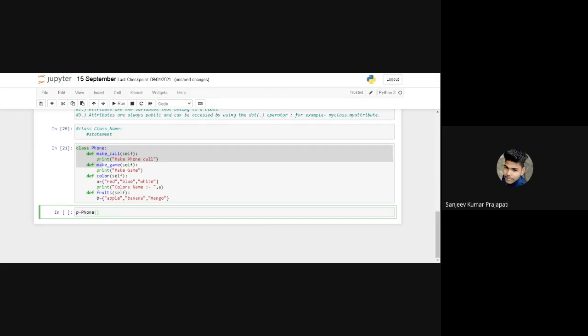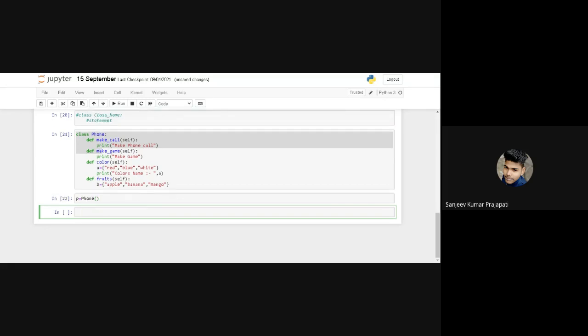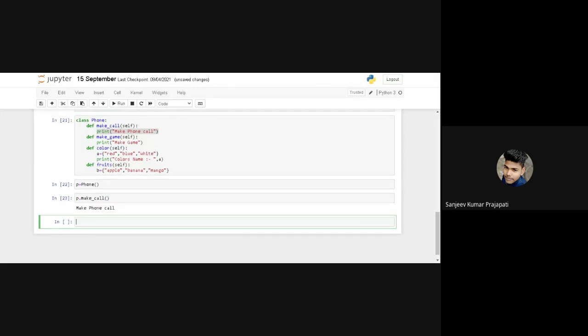This is the syntax for creating an object of a particular class. Press enter, and I want to print make phone call. P is my object, and it fetches the data using this object. So P dot make_call. Press enter.